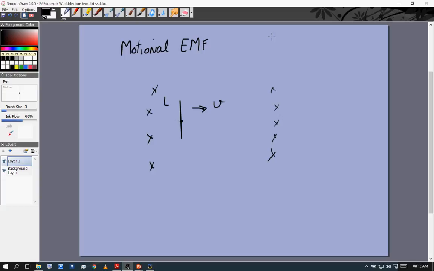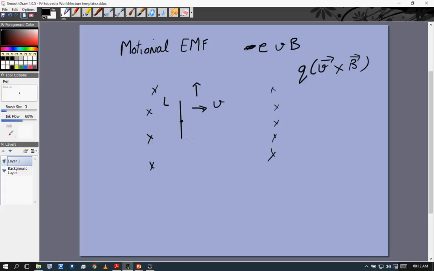Now this comes from the initial formula which we learned in the beginning, the Lorentz force law, and every electron will experience a force of eVB. Minus eVB actually, if you want to be careful about the sign, but right now we're just talking about the magnitude. So eVB, why? Because it was q times v cross B. Now v is in the right direction, B is away from the viewer, so v cross B will be in the upward direction. Now what that means is every electron will experience a force in the downward direction,